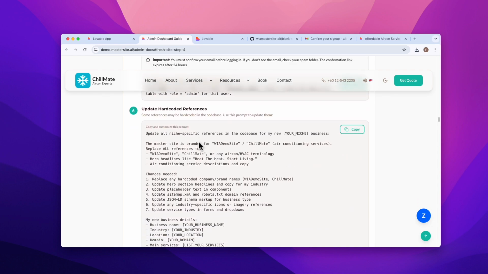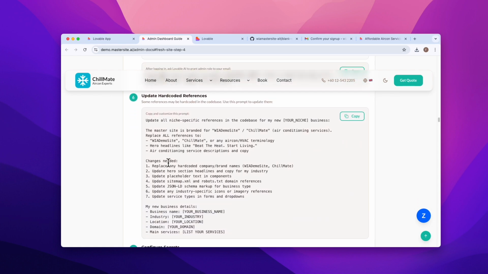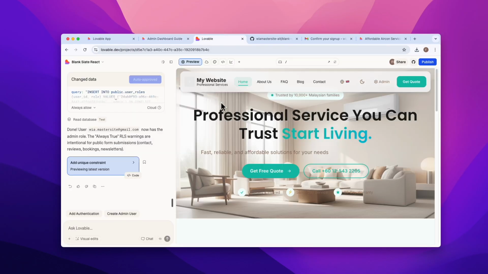Now, if I'm ready to proceed with step 6, then what I need is information on my niche business. All these placeholders must be completed. I'll need to provide my business name, my industry, my location, domain, and the services that I offer. Well, I'll do it later because now I just need a rest after successfully completing a full clone of the master site into my